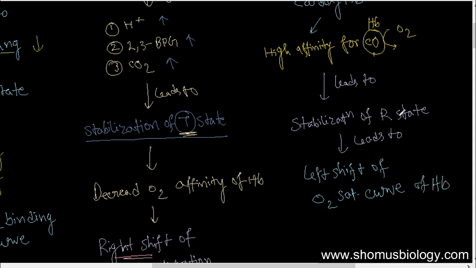Okay, so if there is R state, that means what? Relaxed state means it can bind with more oxygen now later on. So there will be a left shift, and the left shift is possible in